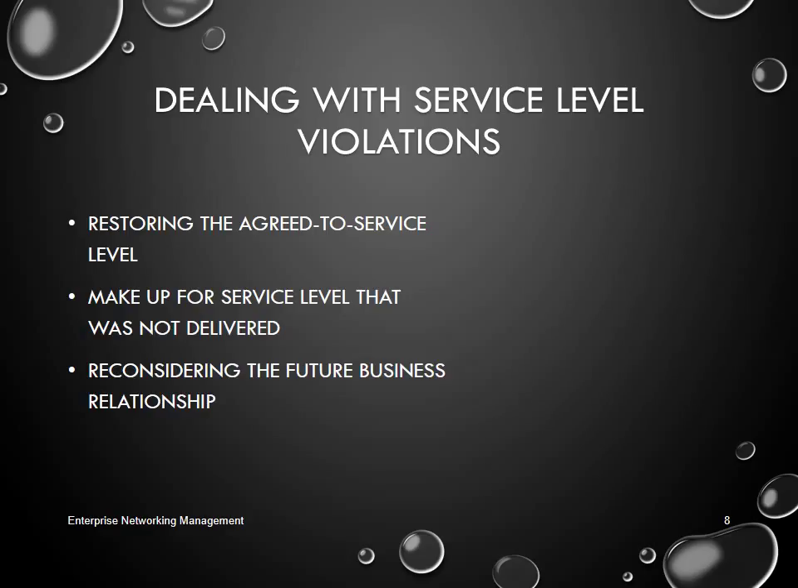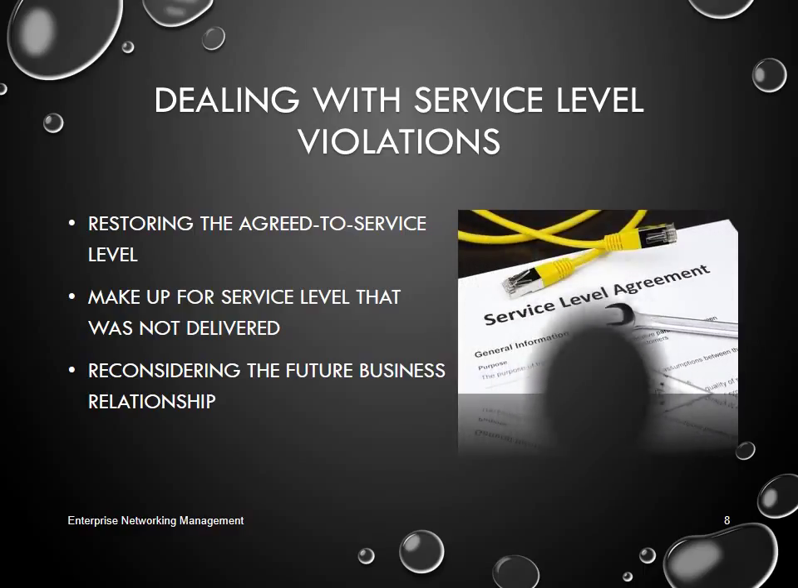Dealing with service level violations. What are the three things you want to do after the violation? Restore the agreed-to service level, make up for service level that was not delivered, and sometimes reconsider the future business relationship and possibilities for bailout. Because the